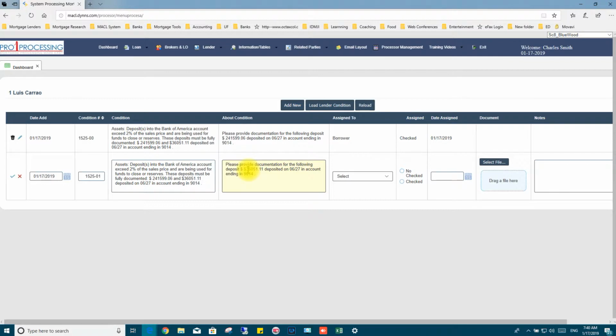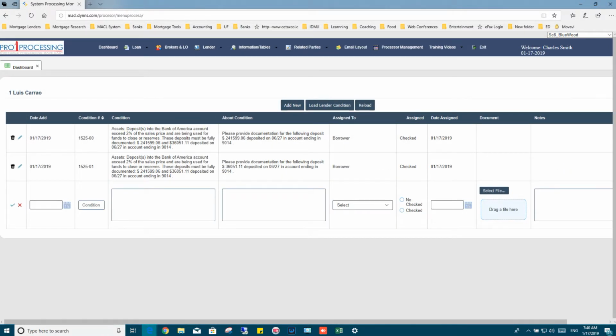And here you have the second condition. You're going to select that the borrower has to provide that, and as we talked before, you check it and you assign the date. Now we are going to